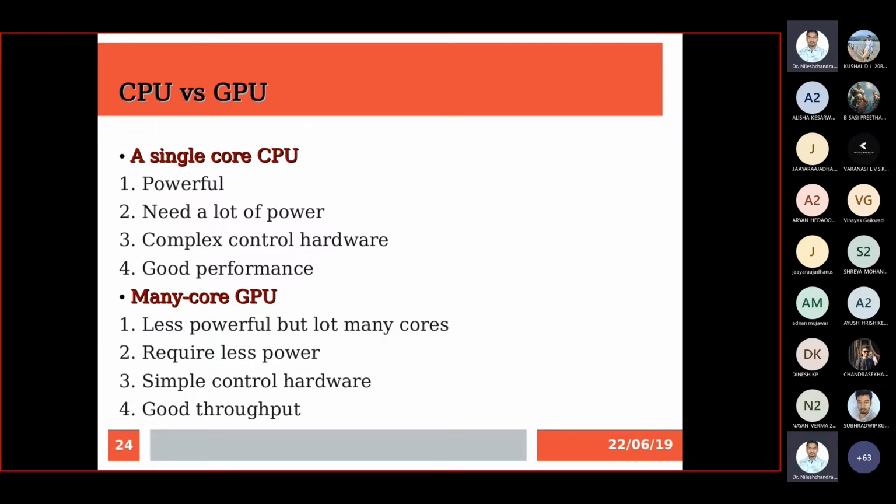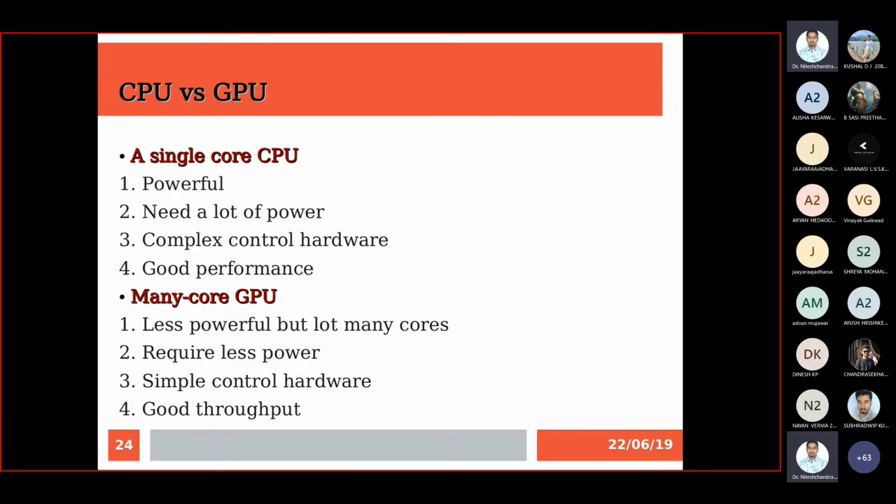But in the case of a GPU, we have many cores, thousands of cores, but every core is not as powerful as a CPU core. It is a very lightweight core, which may not have good branch prediction logic, and pipelining support may not be there. Even the clock frequency of a single GPU core will be less than that of a CPU core, and that is the reason GPU cores need less power. The CPU has so many complexities and so many advanced parameters associated with it, and that's why the power consumption of a CPU core is high. But GPU cores are lightweight and hence they require less power.